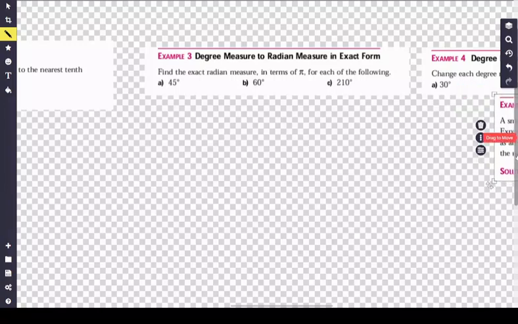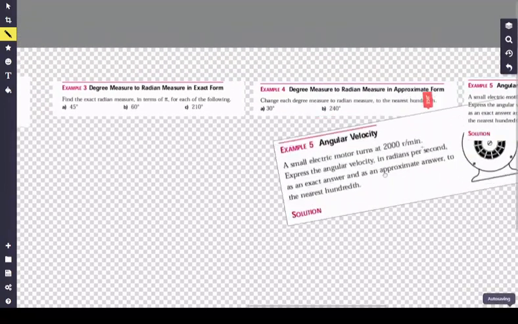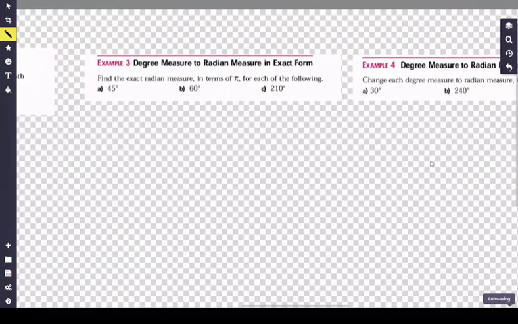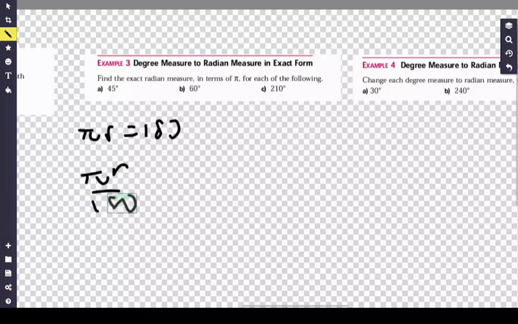Degrees to radians in exact form. So let's go ahead and see. Find the exact measure of radian. So remember that pi radians equals 180. So if we want 1 on the right, we'll have to divide both sides by this. So pi r over 180 is equal